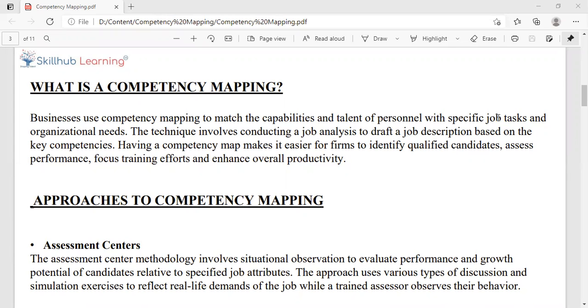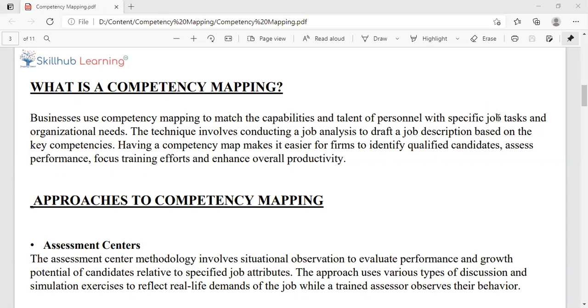It helps us identify who would be good for the job, in assessing performance, which is also your assessment, and what trainings are needed in order to enhance their performance, and hence overall productivity. So that's what a competency map basically helps us in doing.